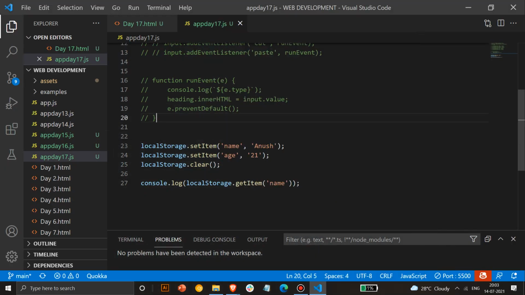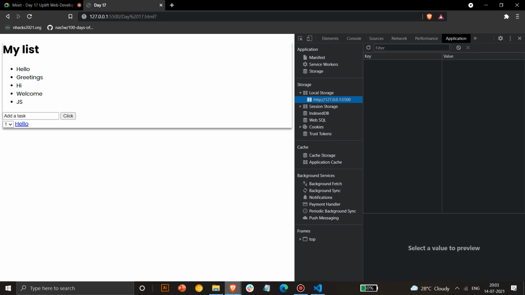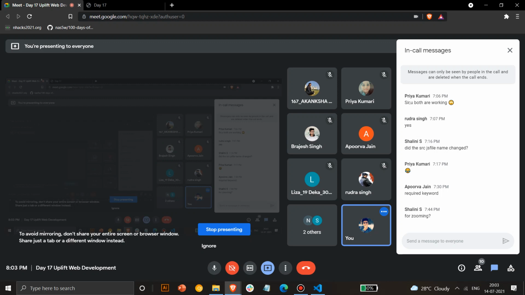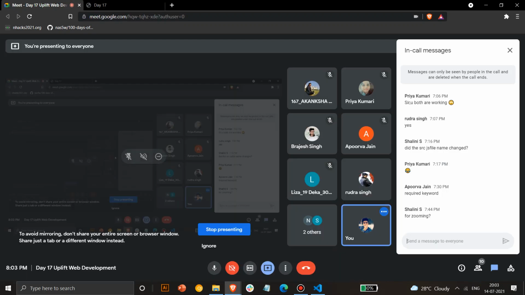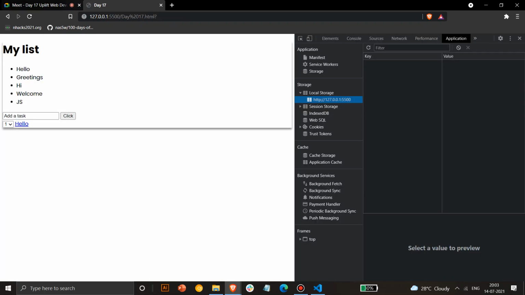There's something called session storage also, so I'll focus on that in tomorrow's class, and then we'll wind up the basics of JS. That's why it's better to browse in incognito mode. Guys, you can check the basics of JS, and you can also inform us if you are missing something or you want to learn something. If we missed something, let us know, we'll explain that again.